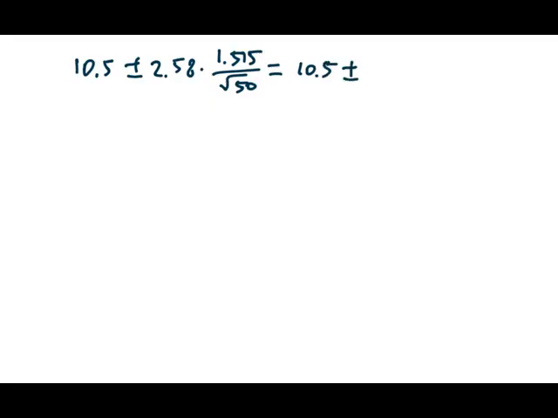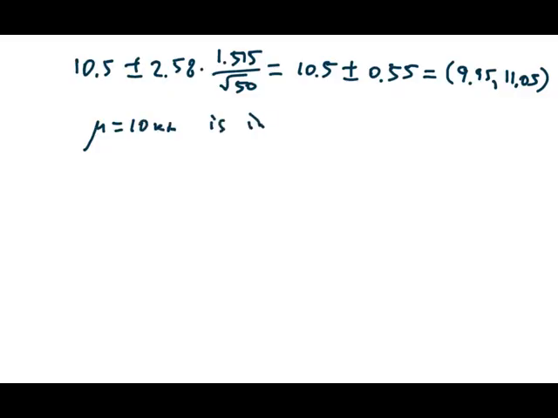The 99% confidence interval is given by this formula, 10.5 plus minus 2.58 times 1.515 divided by the square root of 50, and this equals 10.5 plus minus roughly 0.55, or it is an interval starting at 9.95 and ending at 11.05. Now mu equal to 10 kilometers is inside